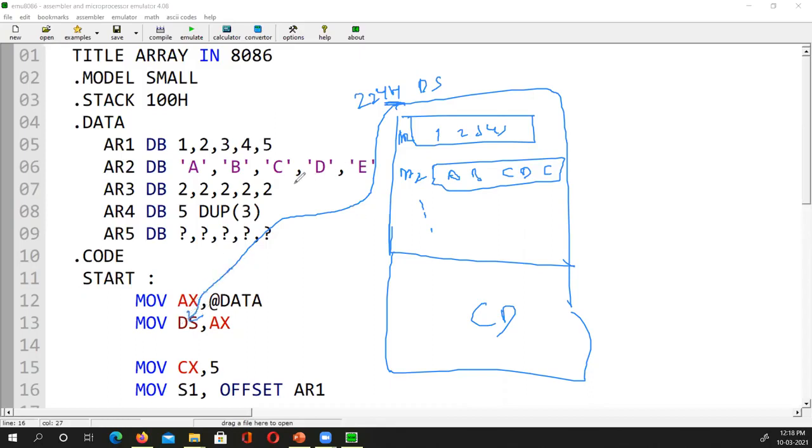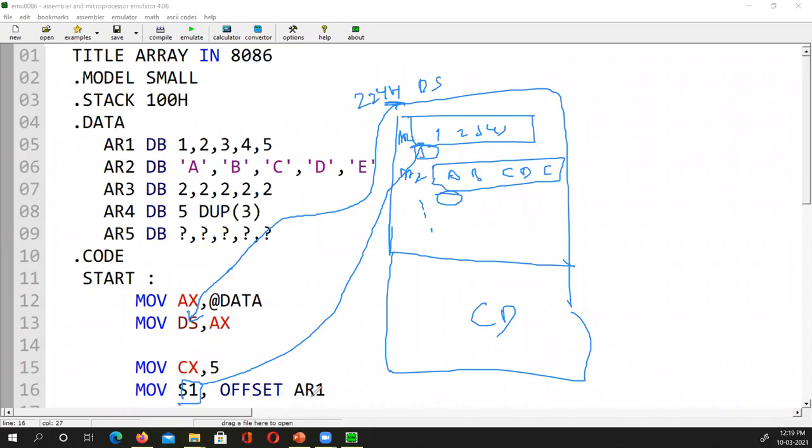In this data segment there are some arrays. What is the address of the first block of that array? Source index will point to that. Now SI will point to the AR1 first block. So source index acts as an offset, because it stores the offset of AR1, that means the address of the first block of array 1.